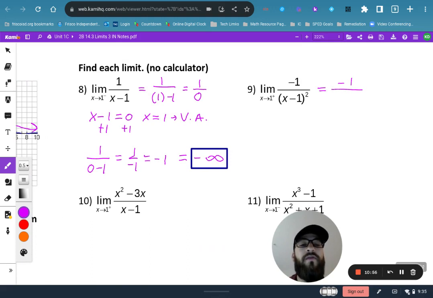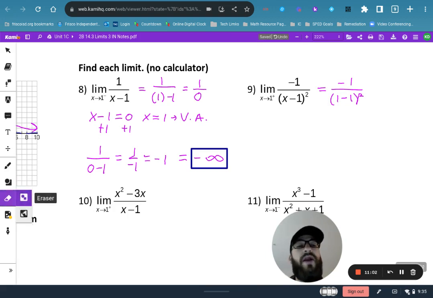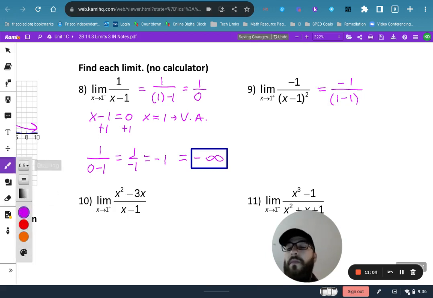negative 1 over 1 minus 1 squared, which 1 minus 1 would just be 0. And 0 squared, like anything else, is just 0. So this would give us negative 1 over 0. So now that I know it is that divide by 0, I'm going to go back and look for my